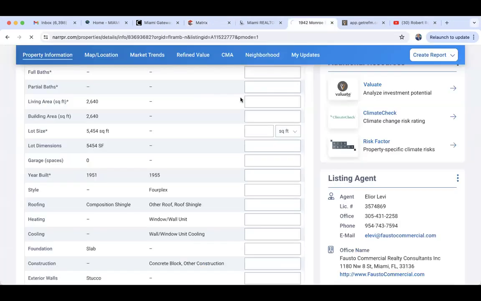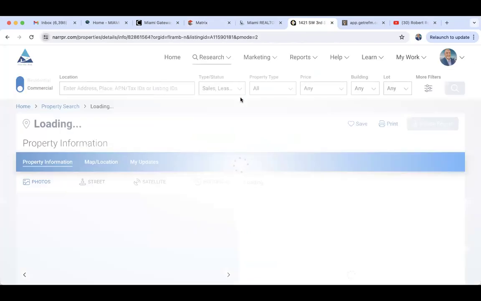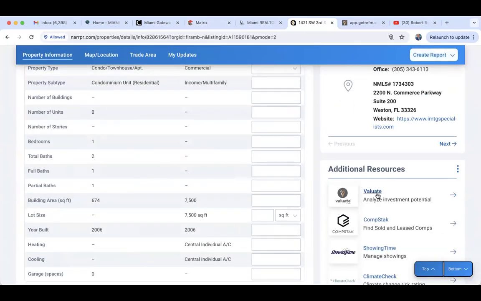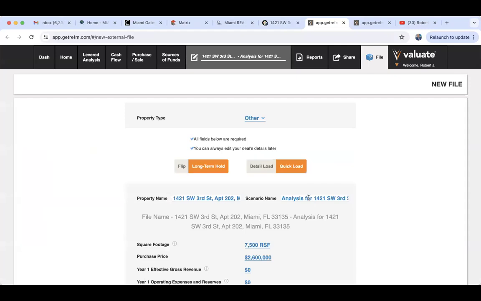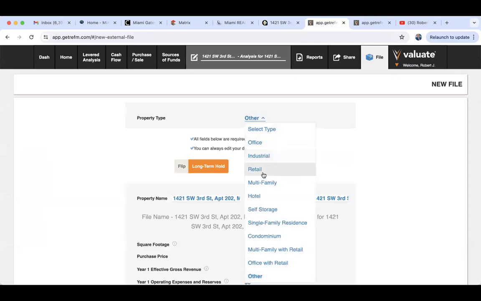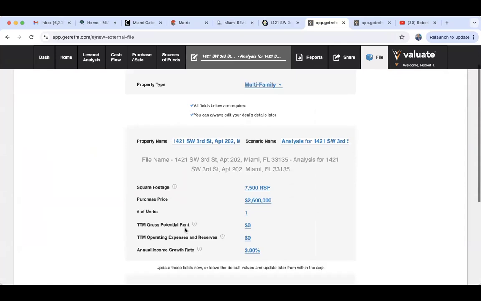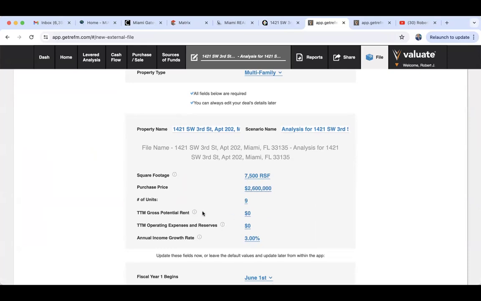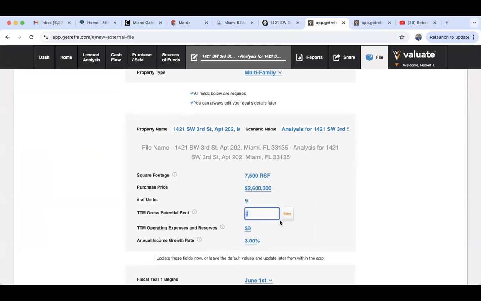All right, I'll throw some quick numbers out here for you just as a review. I'm going to go ahead and click on RPR. We're going to click on evaluate. We're going to click on continue. All right, this is a multi-family property. So multi-family, and this thing has 9 units, right? 9 units. We're going to buy it at $2.6 million. The gross rent here is